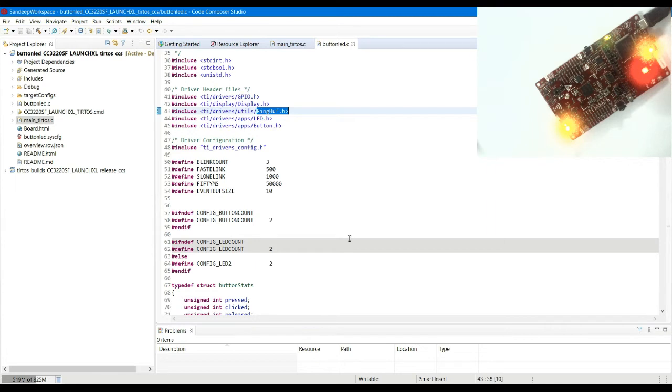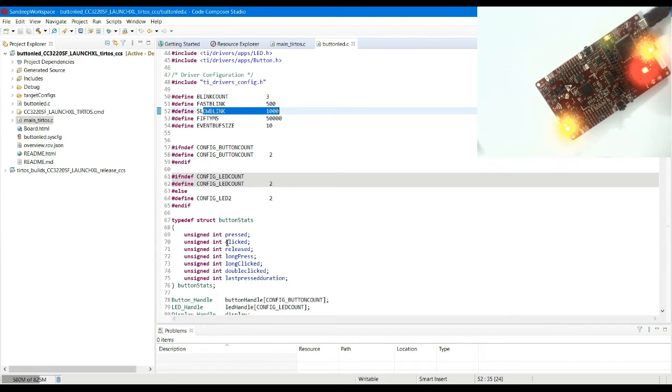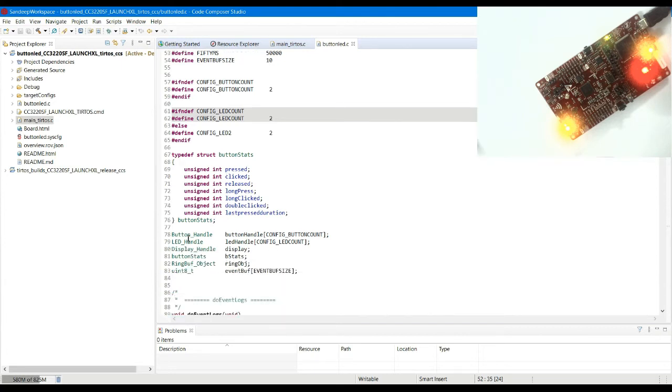So a ring buffer is kind of, you can say, a linked list kind of a thing, like a circular linked list kind of a thing, which just stores your commands. Okay, led.h is required for LED functioning, and button.h is required for creating the buttons. So you can see that these are all just simple parameters like blink count, fast blink count, slow blink count, delay. Okay, so all these things you can just go through yourself. It can be an exercise for you. There's nothing much